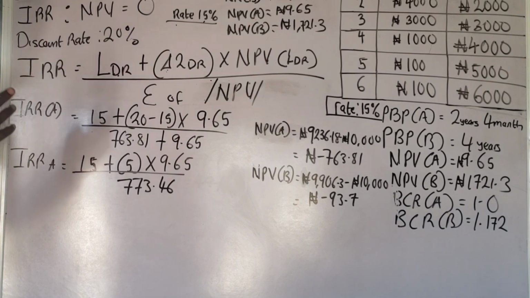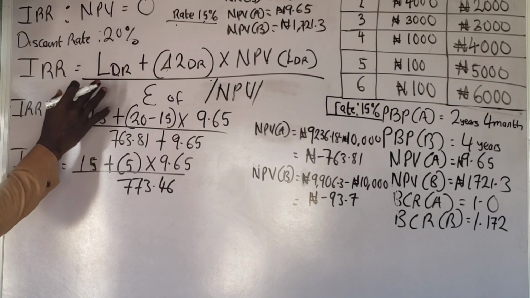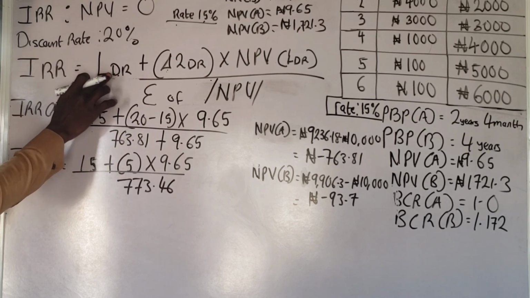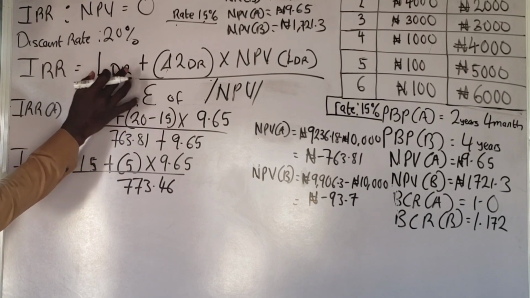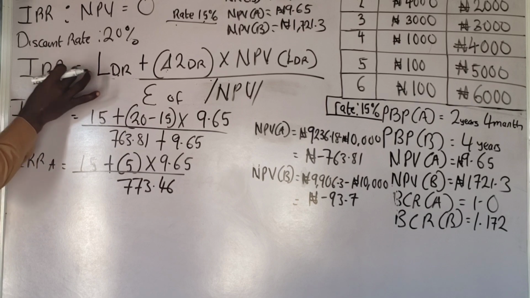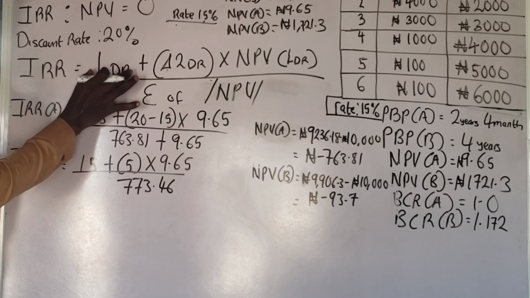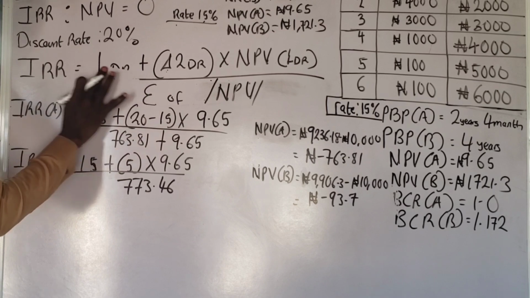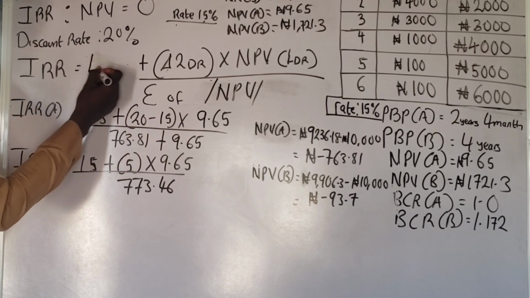You understand? Please pay attention. I want to make an adjustment. This lower discount rate shouldn't be part of the numerator. You understand? There is a plus sign separating this lower discount rate and this fraction entirely. So I'm going to restructure the formula like this. The lower discount rate